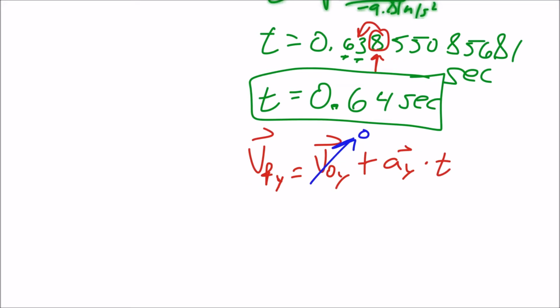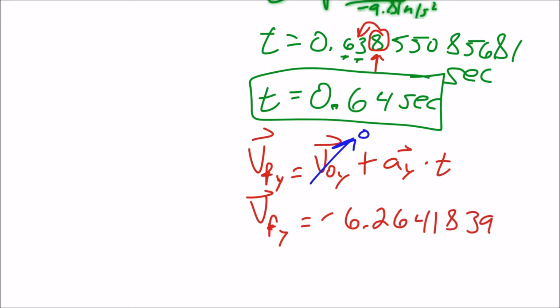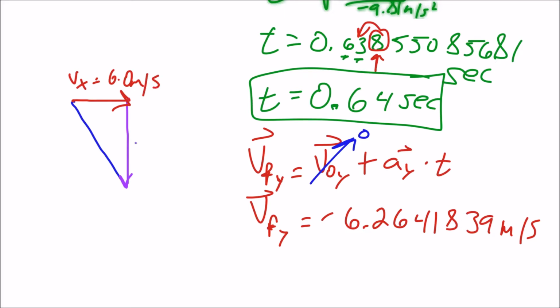And when I do that, I am getting that the final velocity in the y-axis is equal to negative 6.2641839 blah blah blah meters per second. Now this negative sign that we have here is because the ball is falling down in the y-axis at the end. Alright, so we can draw our triangle there for that resultant velocity vector, okay, and we've got our x-axis, okay, and we have our y-axis. Now the x-axis velocity was the 6 meters per second. The y-axis velocity is this negative